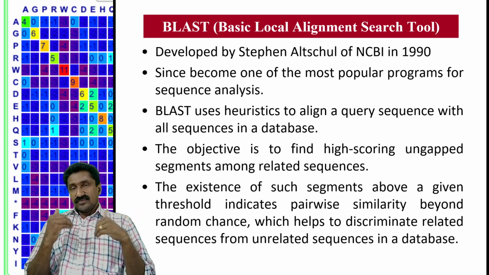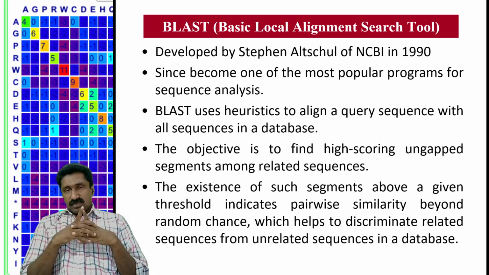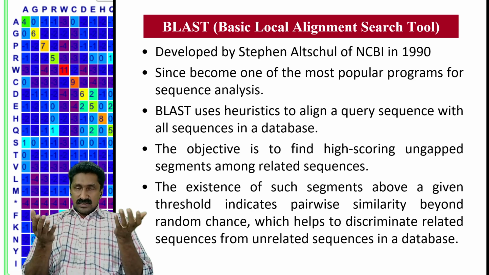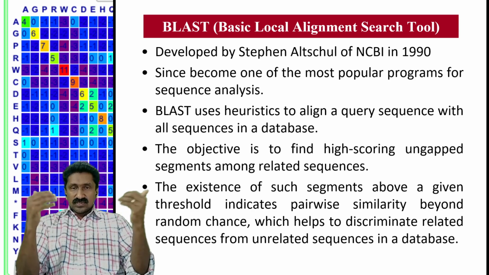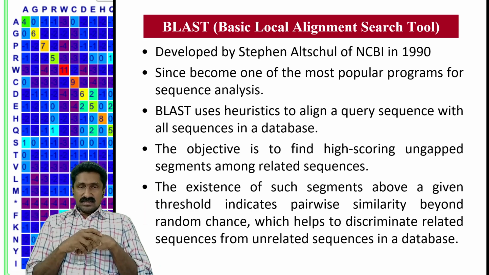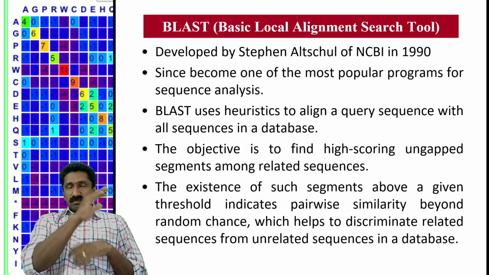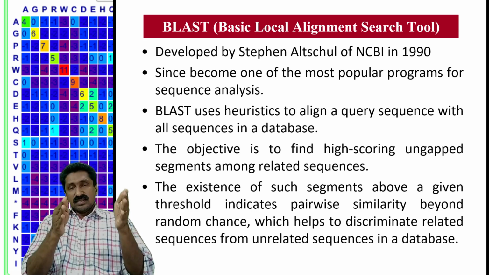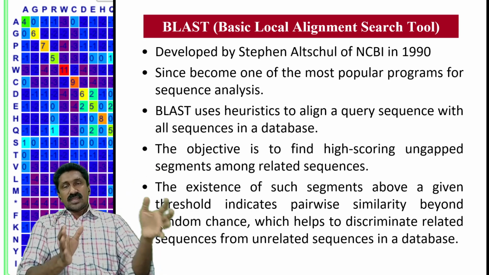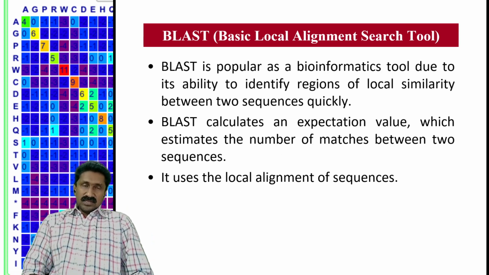So once you identify that related sequences or somewhat similar sequences, the remaining region can be attempted for further alignment. So instead of completely searching for your entire length of the sequence, subsequences or high scoring regions will be identified and matched with the database. And if those regions match with any of the sequences in the database, then that group of the database sequence can be selected for further alignment. That's how the BLAST is working.